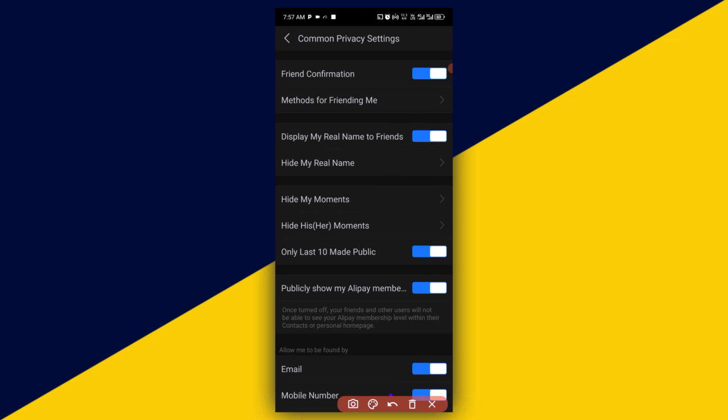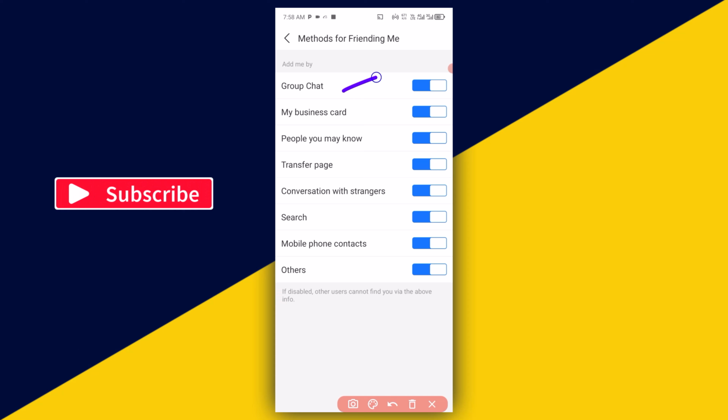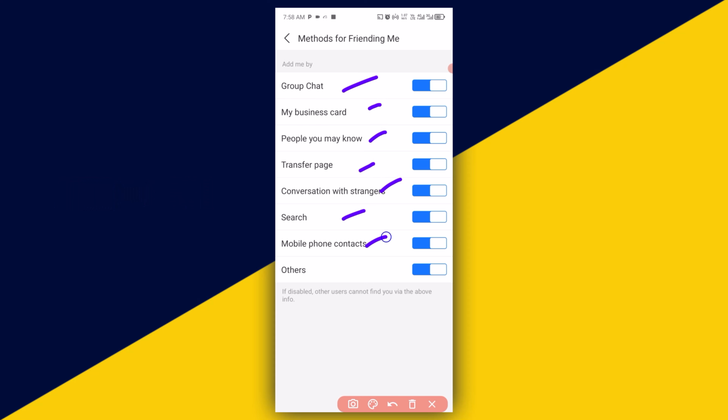Next thing you need to do is to simply click on method for friending me. So click on that. It takes you right here. Now, you have different methods by which people can find you in Alipay. First method here is group chat, business card, people you may know, transfer page, conversation stranger, search, mobile number, contact,